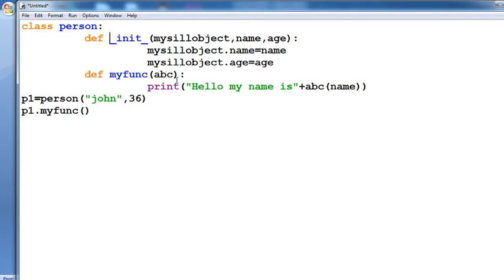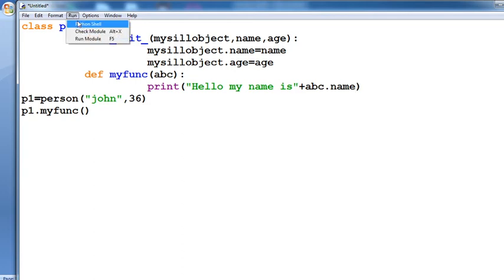Finally def my_function(abc), whatever you are defining, abc, that is a call here, print hello, my name is abc.name. That means whatever value you are defining, you call that value for that particular keyword. After that, one object created, p1 equals Person(John, 36), and finally p1.my_function(), whatever function is defined, simply call it.